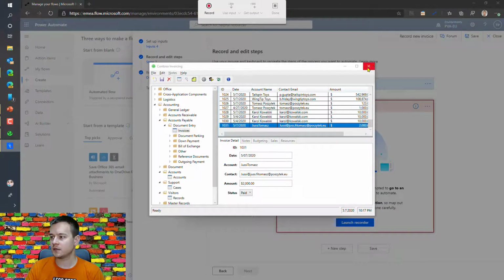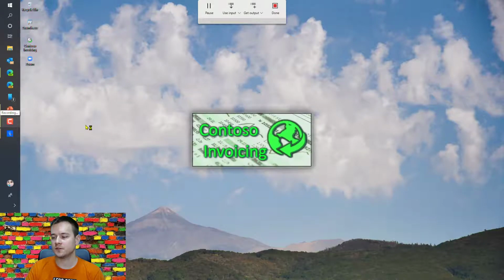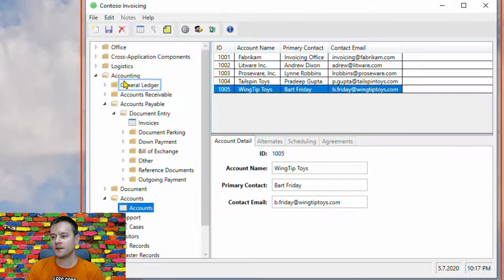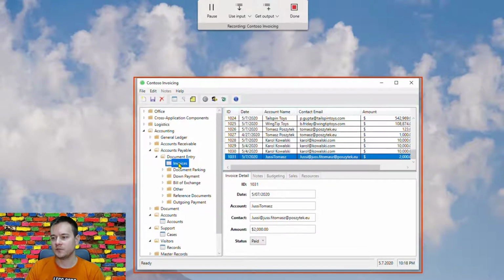So now I'll just go to the blank desktop and hit record. First start the Contoso invoicing. Before I move on, note that once I'm hovering my mouse on the specific items from the interface, they are being surrounded with this small border. That means that UI Flows is able to identify this specific element of the UI and then work on it. So now what I need to do is hit go to invoices, and then I want to